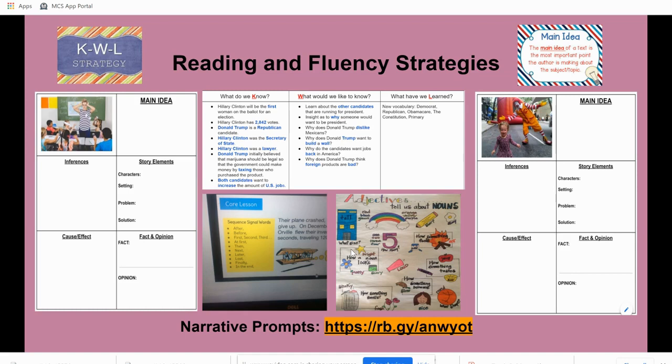So, let's look at the first one. The teacher who is pulling her hair. What can I infer? Well, I can infer that she's probably having a bad day, especially since I see that the students are throwing balls of paper at her. I'll skip over to story elements. Well, who are the characters? The characters are children, or if I want to be specific, students.